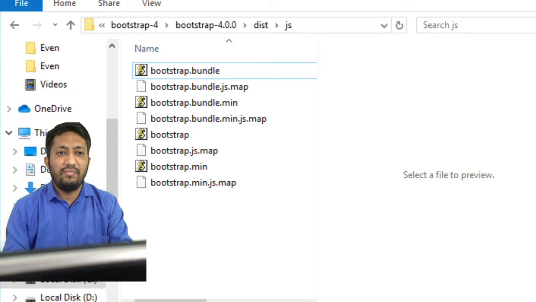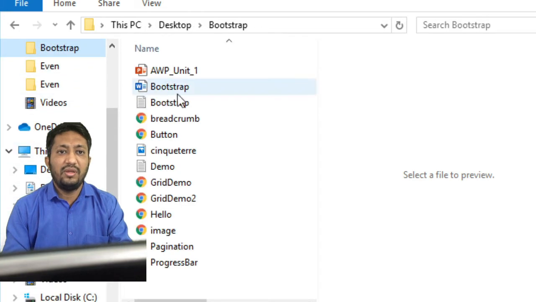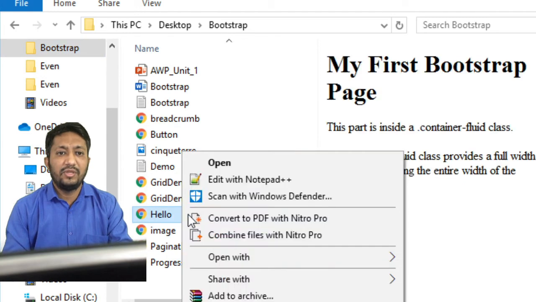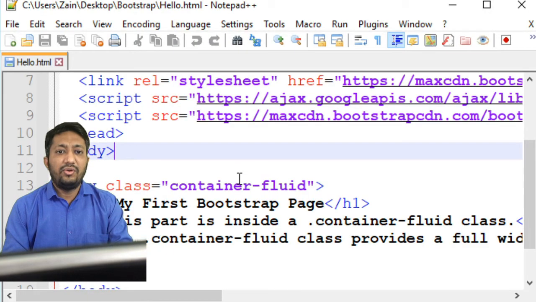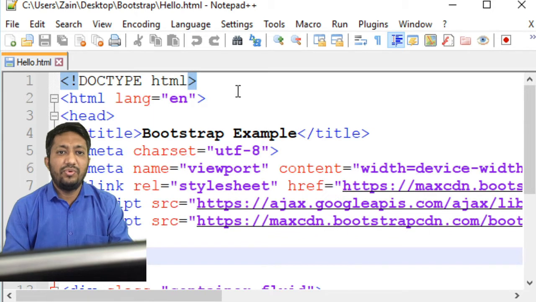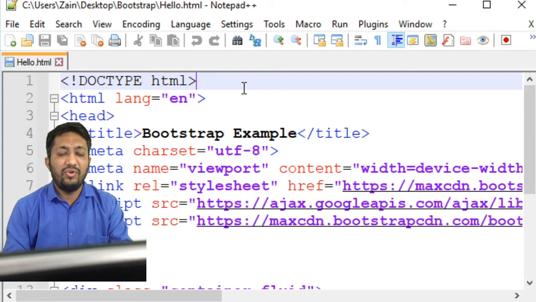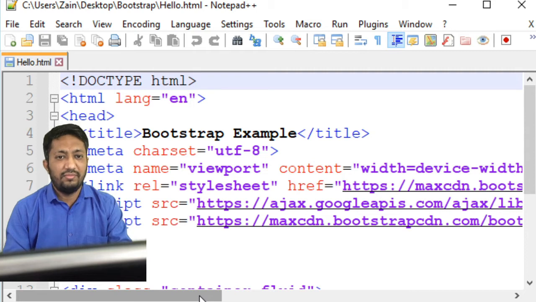I'm opening my folder Bootstrap, in which I have a demo hello program, edited with Notepad++. In this program you will learn two things: how to write a Bootstrap program and the second use of CDN, using which we do Bootstrap programming.